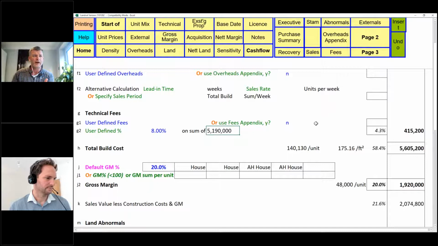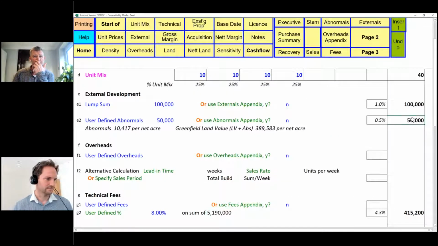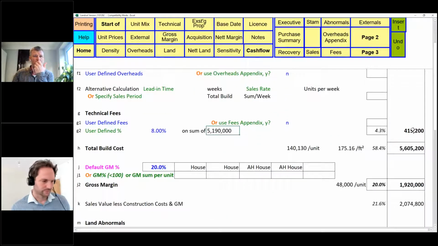Okay, so we've got our 5.1 here, adding on from here. That's our total build costs. Then the nice part is, what is our gross margin? You can see here, pink is saying gross margin 20%. Depending on how you see the market, what is your end user, where you are in the country, that will either go up or down.